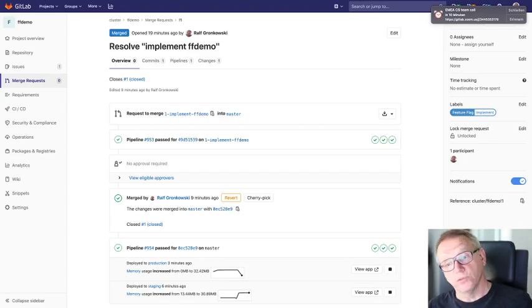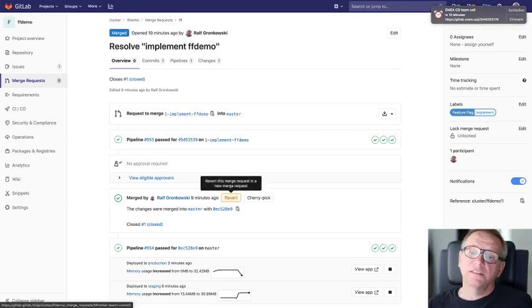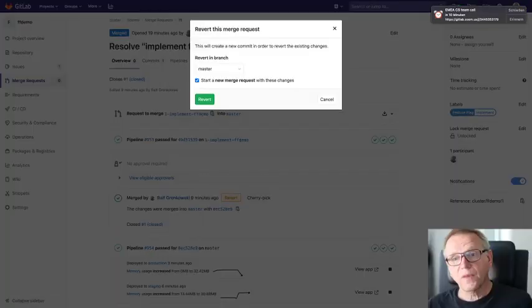And if I want to get rid of all that functionality again, as easy as possible, I can simply click on revert. When I'm clicking on revert on that merge request, I'm presented with the option to create a new merge request that actually undoes the functionality. That's exactly what I want to do. So I click on revert,